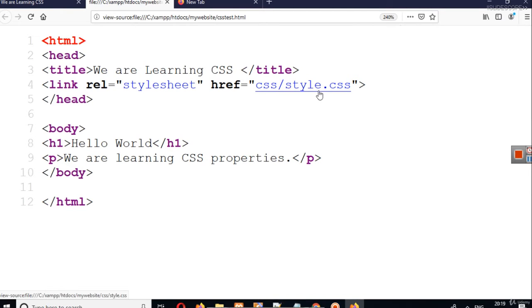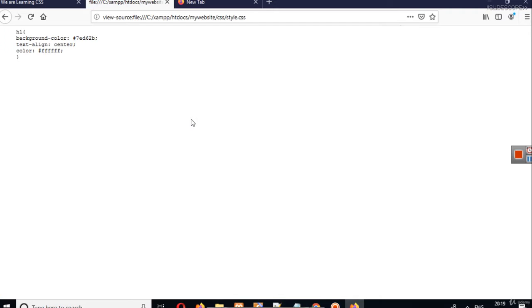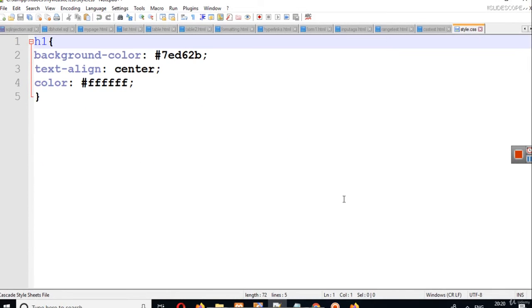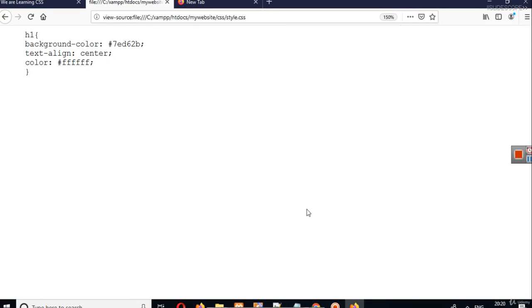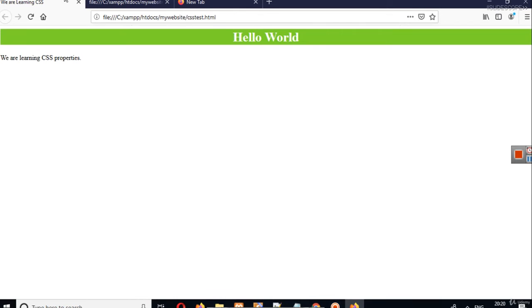Here you can see we have a link. If you click on this link, it will open the CSS code for you. So we can view CSS in our browsers, in the front end. That's why this particular language is called a client side language. So we have HTML and CSS, and we can view the CSS, right? Whatever CSS we have written in this file, we can view in the browser also. The client side languages can be seen in the client's browser, and that's why they are known as client side languages. So this is the work of CSS.